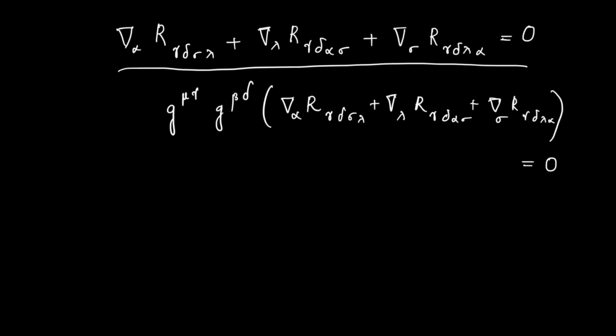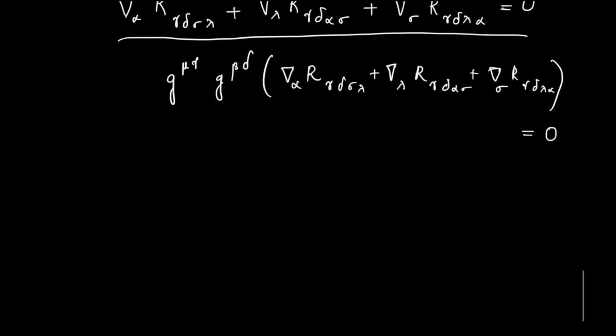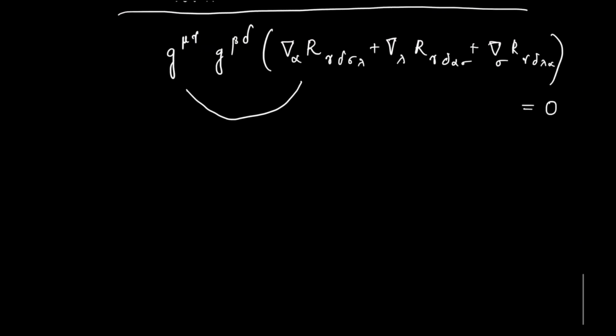This is equal to 0. When these two act on the first term, I'll get covariant derivative of alpha as it is, then I'll get R. Gamma and gamma are summed over, delta and delta are summed over, so remaining is R mu beta sigma lambda, plus